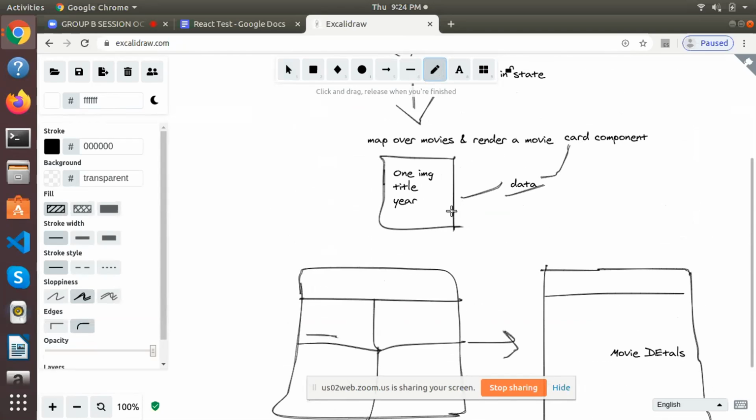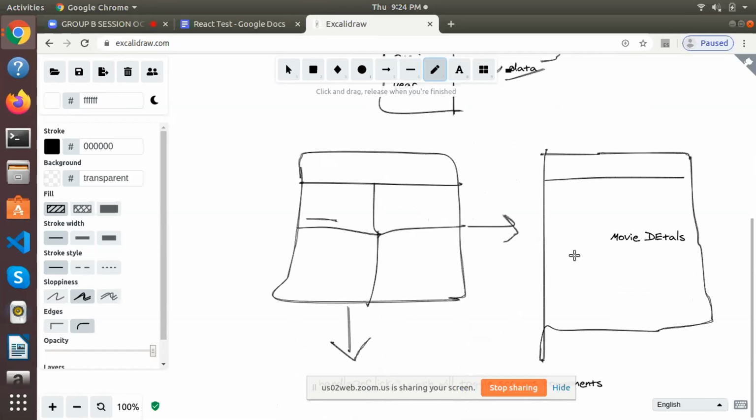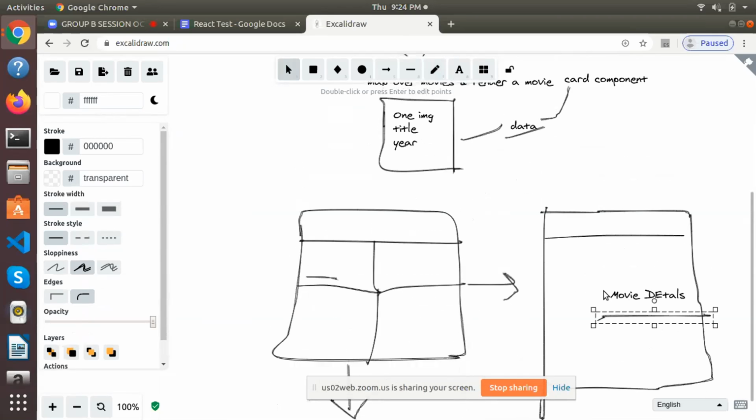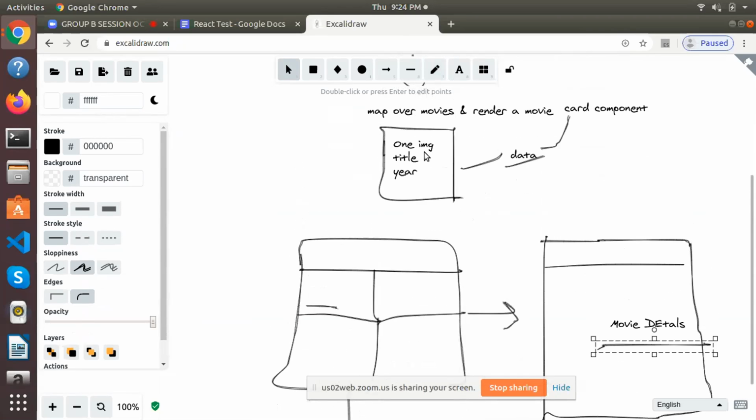So you can send this data to your app.js component, that is the parent component, and then you can toggle your screen such that when you are showing movie details, the movie details will get the data that you are setting from here, right?